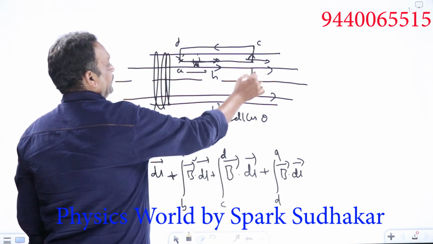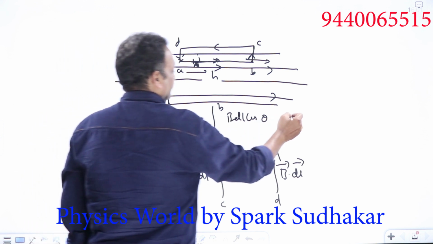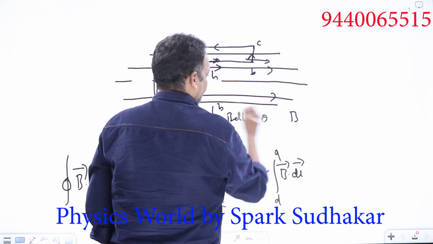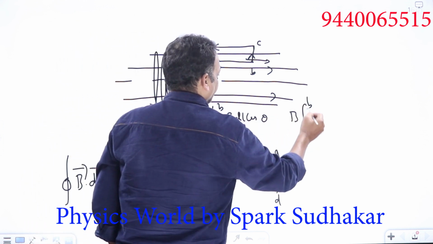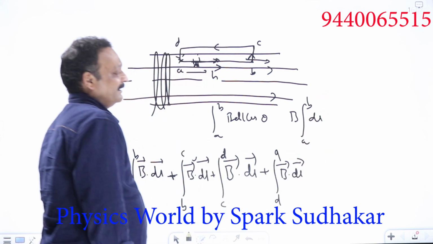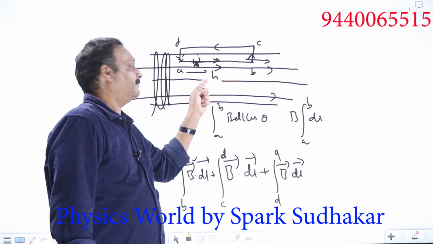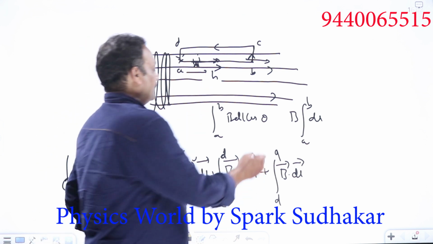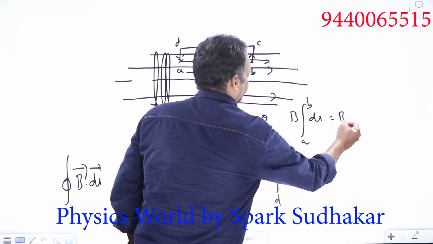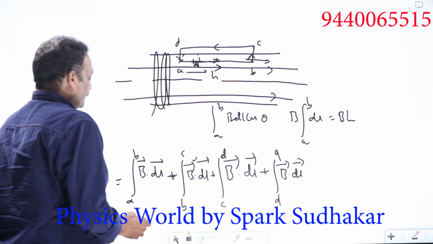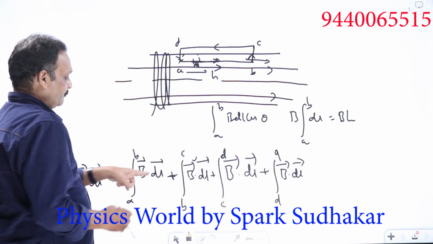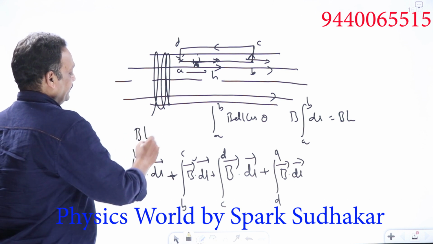Inside the solenoid, B is uniform, meaning the same everywhere. So B is constant, and I can bring it out: B times integral A to B dl. What is the meaning of integral A to B dl? It is the total length from A to B, which is nothing but h. So this entire thing becomes B into h only. So this part, integral A to B B bar dot dl bar, is nothing but Bh.